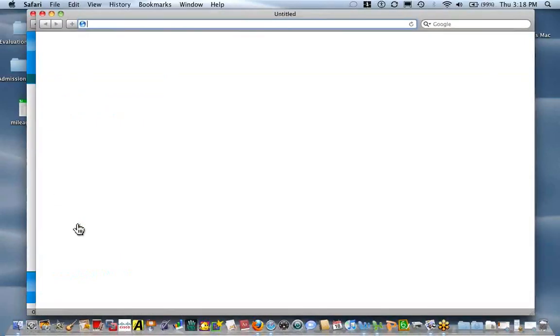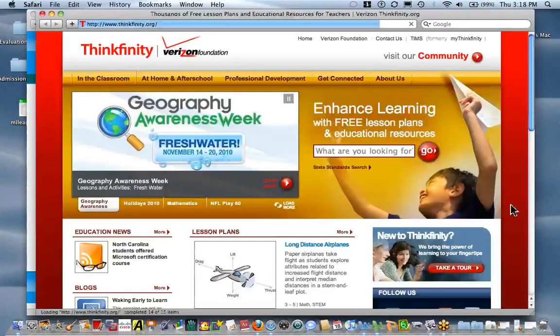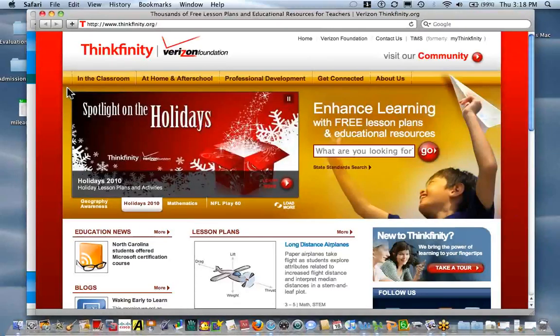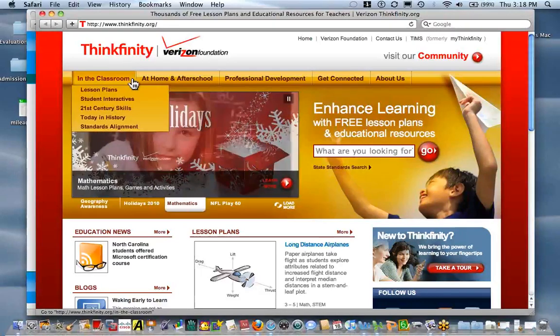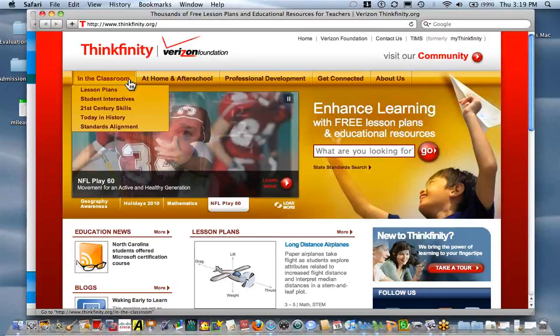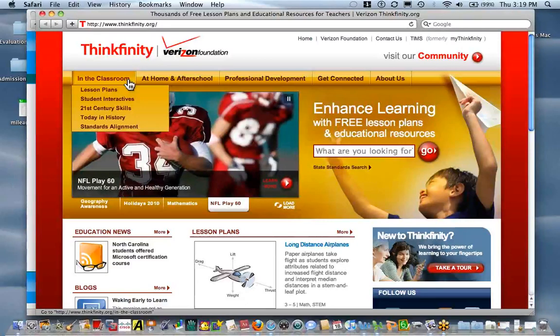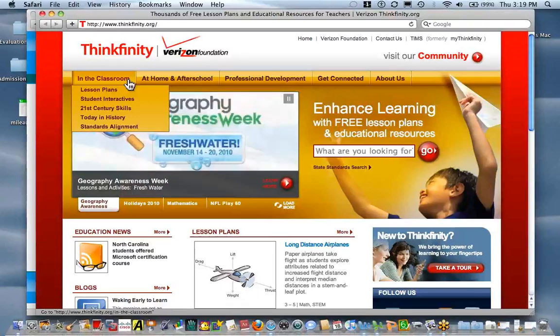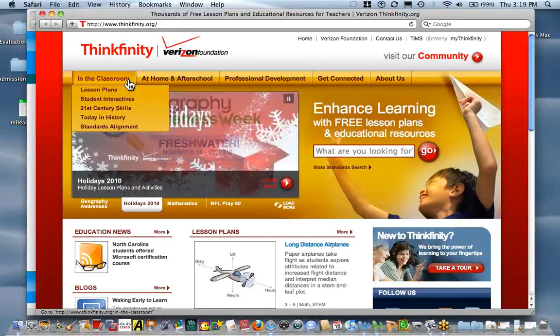So what I'm going to do is click on the Thinkfinity link, and then we're going to visit the Thinkfinity site. I point this out to the people that are learning to use Thinkfinity for the first time, that there are these tabs at the very top. In the classroom, you can choose to go directly to where lesson plans are stored, where you might find student interactives. Under the 21st century skills, you're going to find information about critical thinking, problem solving, collaboration, and communication ideas